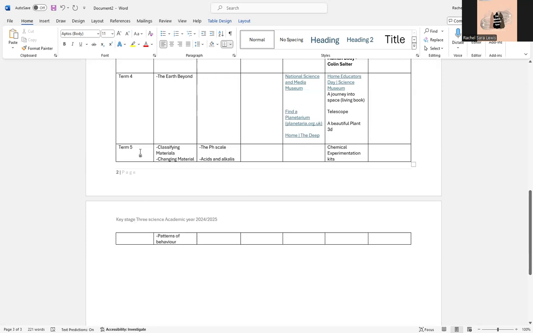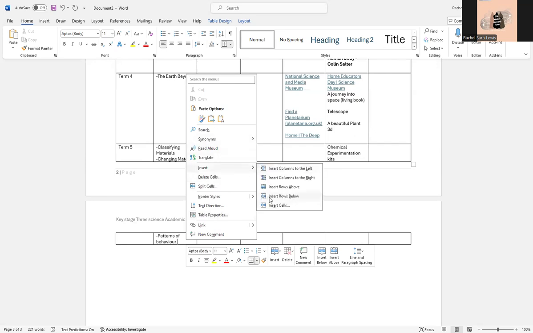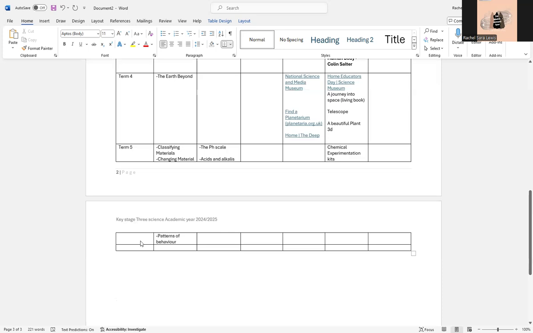Then we tend to use term 6, our final term, as revision. Obviously there are pauses in between every single term to check knowledge, but this is the time where we have the scope and liberty to extend things. So we're going to look at that. Our term 6 tends to be all of this random stuff, but there is something that we do tend to do